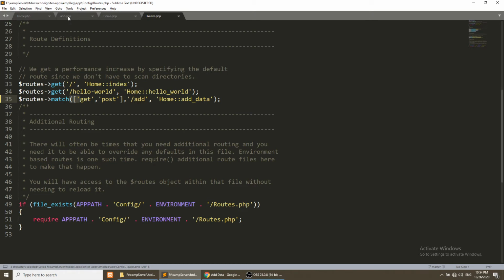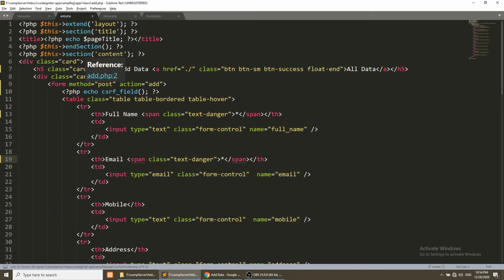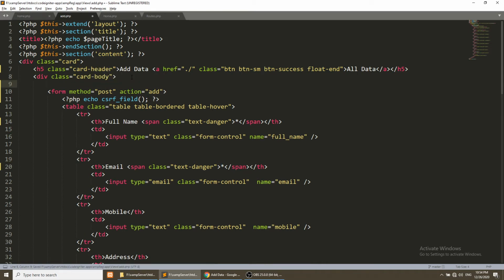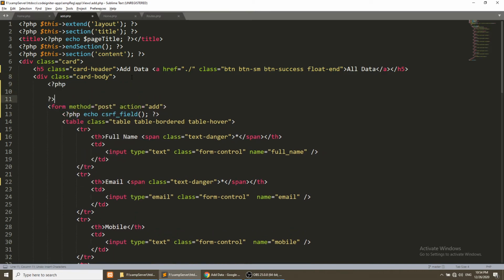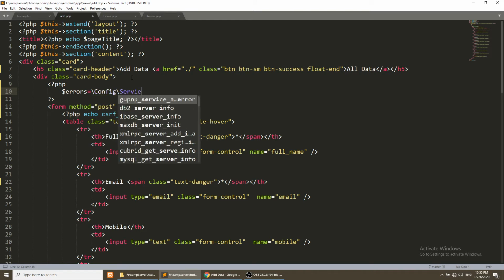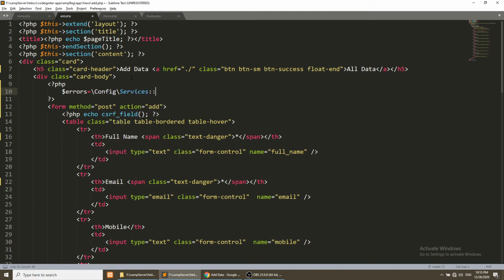Now the question is how we can show the form errors. So what we will do here, in the card body we will start the PHP, and here we will get the errors. From where will we get the errors? From config, services, validation.